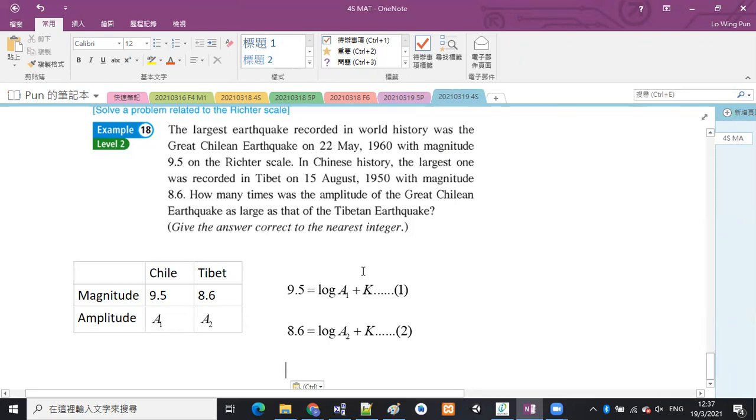OK？好啦，嗱，記住我哋想揾啲咩？我哋想揾智利嗰次地震係西藏嗰次嘅地震嘅幾多倍？頭先我哋研究過㗎啦，想揾幾多倍嘅話，就係將智利嗰次地震 over 西藏嗰次地震嘅 amplitude。我哋想揾 A1 over A2 係等於幾多？OK，want to find